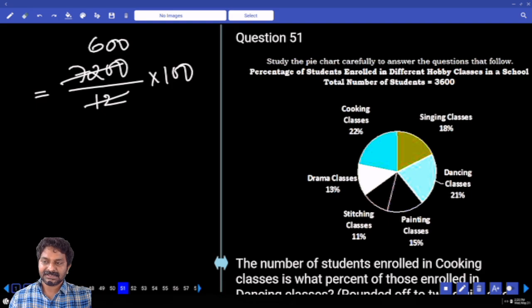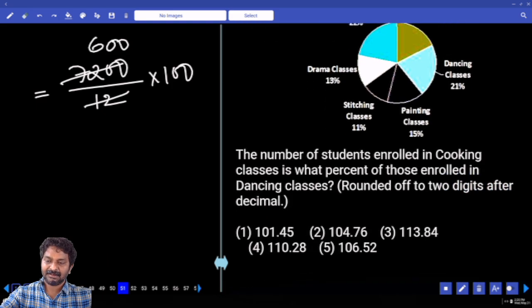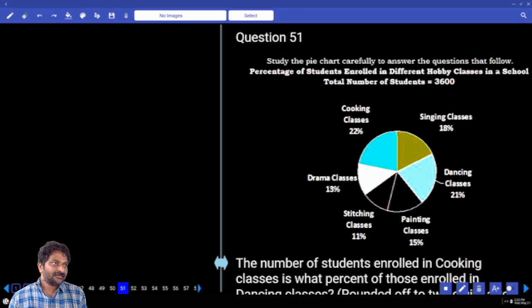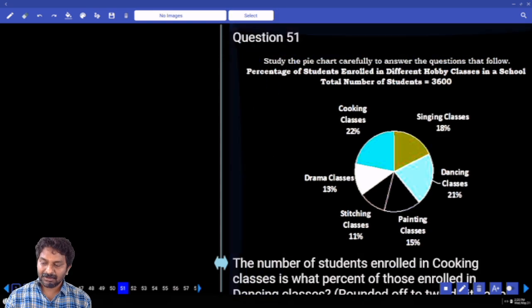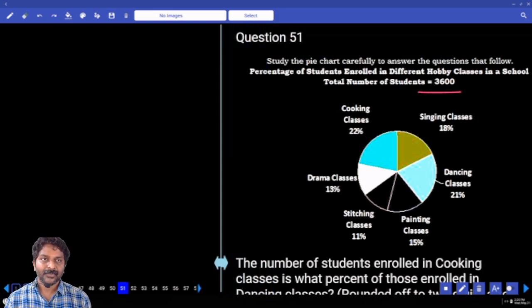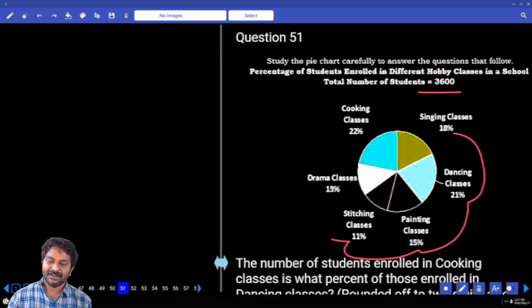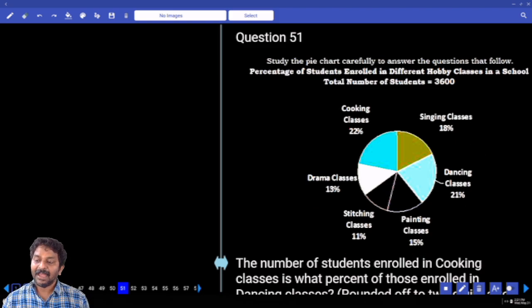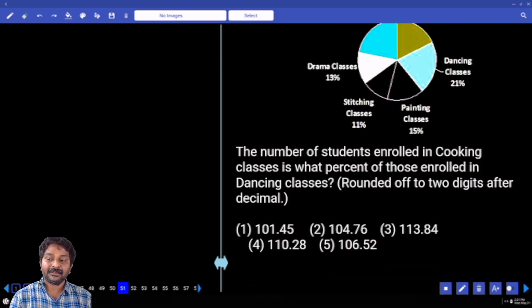Total number of students is 3,600. So now if the numbers are like this, first I'll observe what the total is. How much is total? 3,600. Representation is given in terms of percentage only. 100% is 3,600, then 1% value is 36, which is a 9 multiple. So if I have a question where the question is about